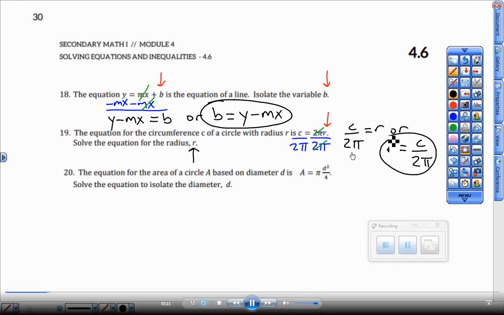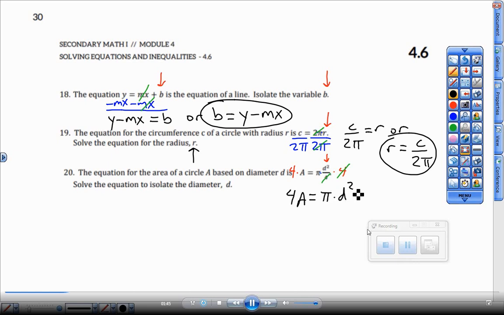Okay, number 20. I'm having you solve for that d right there. So a little bit trickier. I'm going to have you, instead of dividing this pi out, first get rid of that dividing by 4 by timesing both sides by 4. These 4's will cancel away, and that leaves you 4a equals pi, the symbol pi, times d to the second